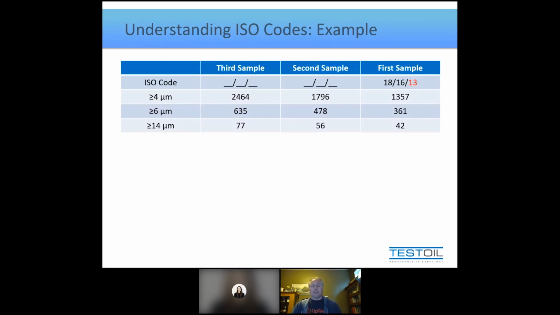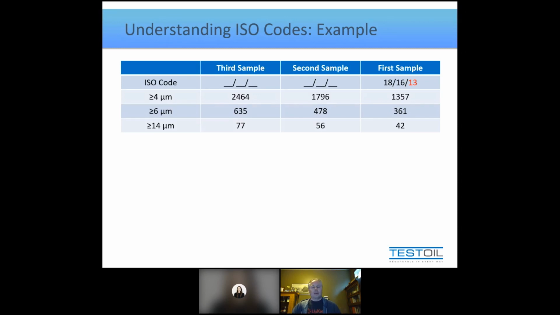But here's a more interesting question. If I have you look at the 3 particle counts, first, second, and third sample, and asked you what was happening to the particle counts, I think most people would be pretty quick to notice that they're increasing. But now, if I ask you, are they increasing a lot or just increasing a little, we get a variety of answers, right? Some people might look at it and say, well, it's gone up by hundreds, if not almost 1,000. That seems like a lot, and they would say it's a lot. And other people who might be familiar with higher particle counts than this would look at that and go, oh, a few hundred particles here or there, who cares? It's not very much. It becomes subjective again.